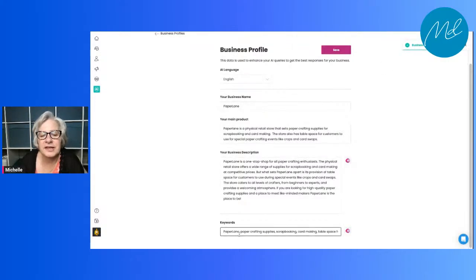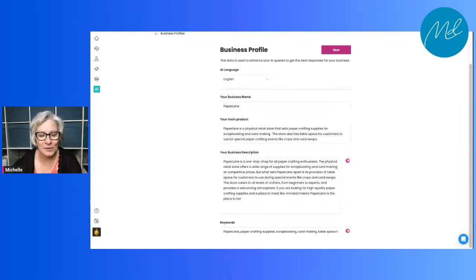Down here are our keywords. And you're going to use your keywords. There's always a special spot where you can put keywords in on a website builder that will target search engines, and I should say that will optimize your search engine experience. So we call it search engine optimization.